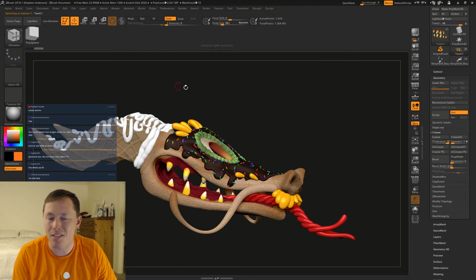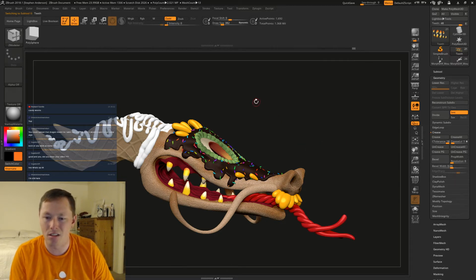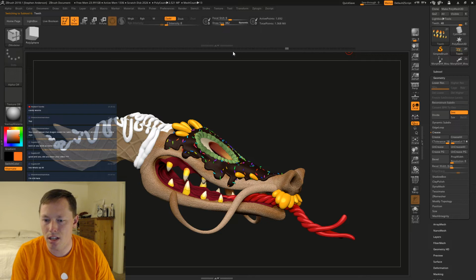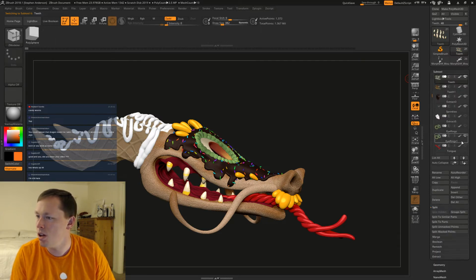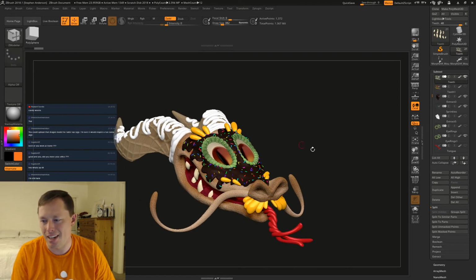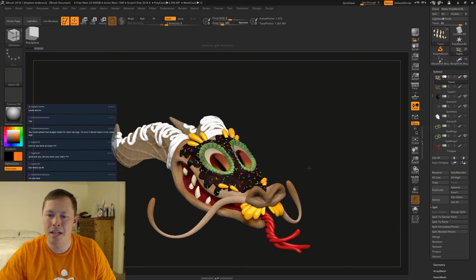I'm going to save a copy of these just because, and let's bring these teeth back to where they were, their original glory. Because I like this. I like this a lot.